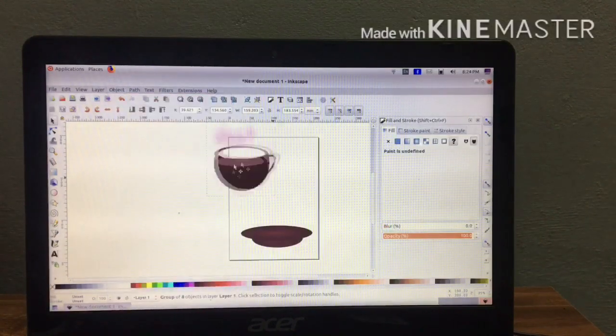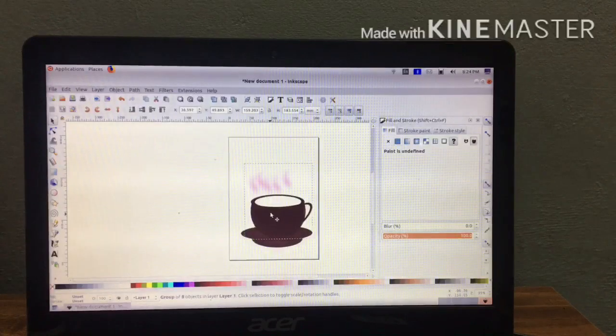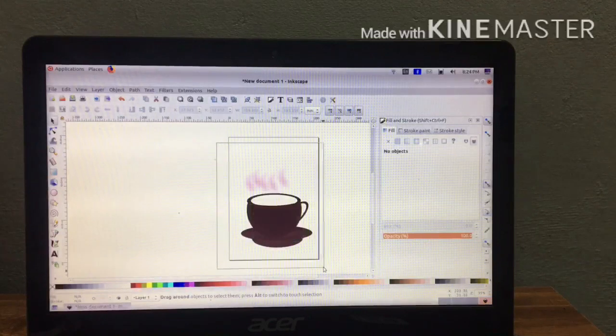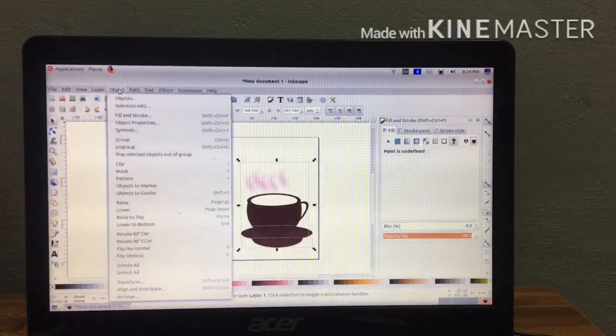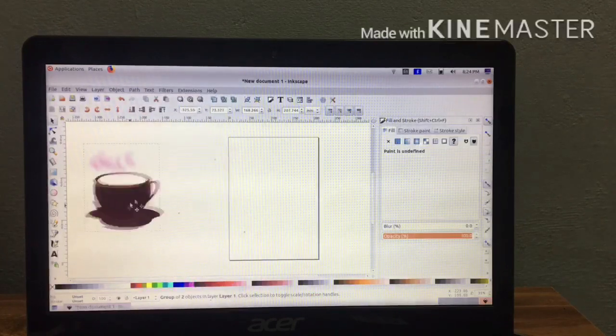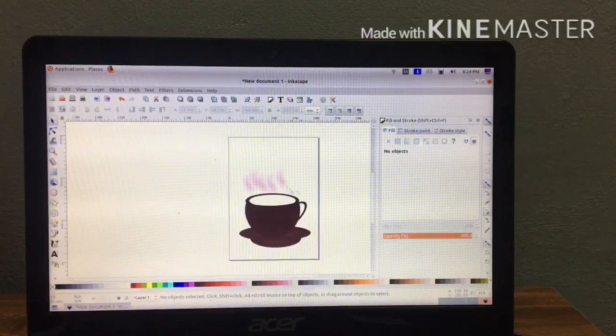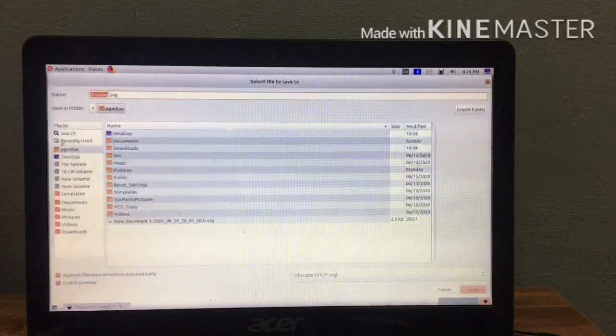Then group all objects, then put that cup on the saucer, then again select all, then object, group. Now our cup and saucer are ready. Then you have to save this cup and saucer file.